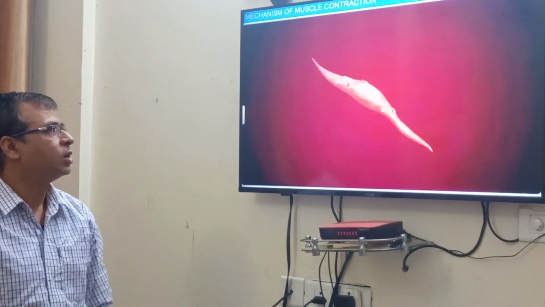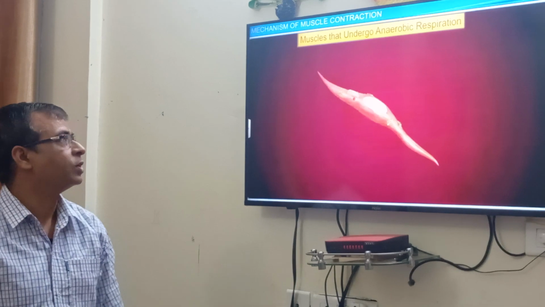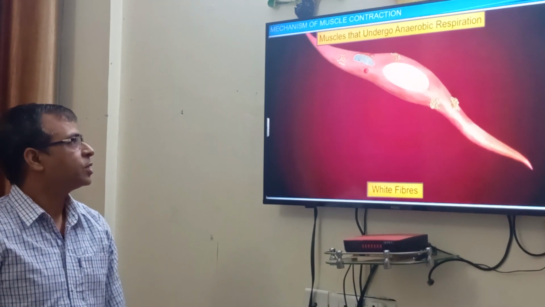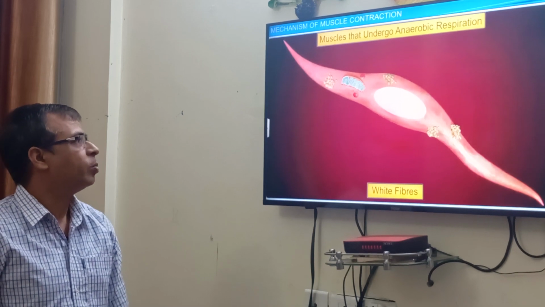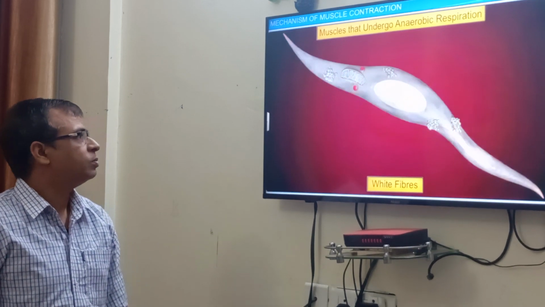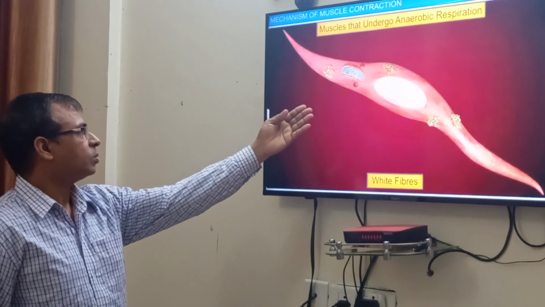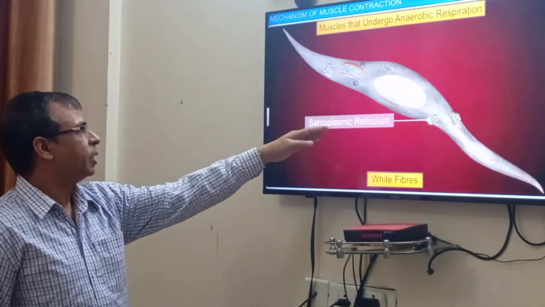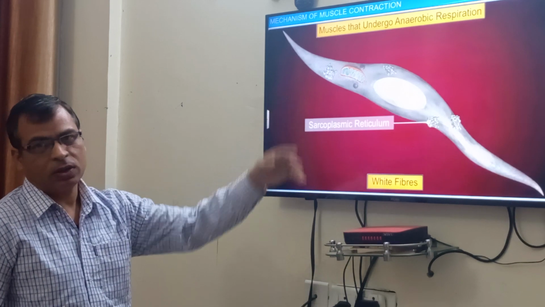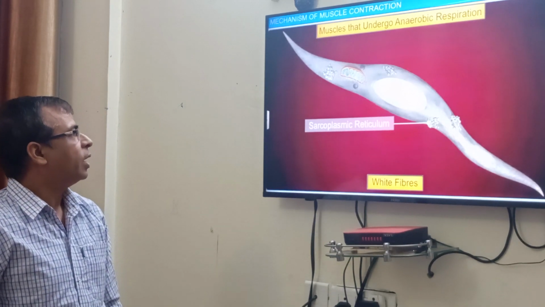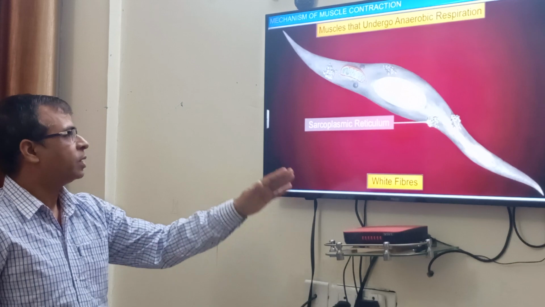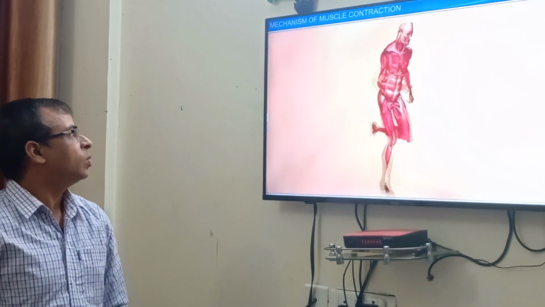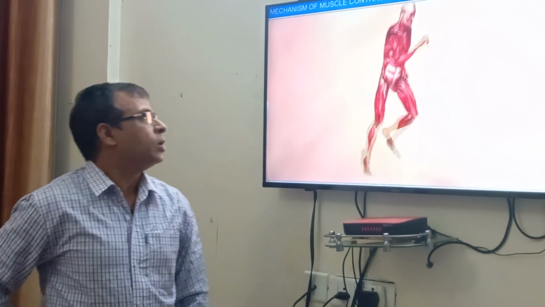And the second one is the white fibers, muscles that undergo anaerobic respiration. They have abundant sarcoplasmic reticulum, but the mitochondria are lesser in amount. These are the white fibers, which may be pale or white. And now we'll go on, this is all about